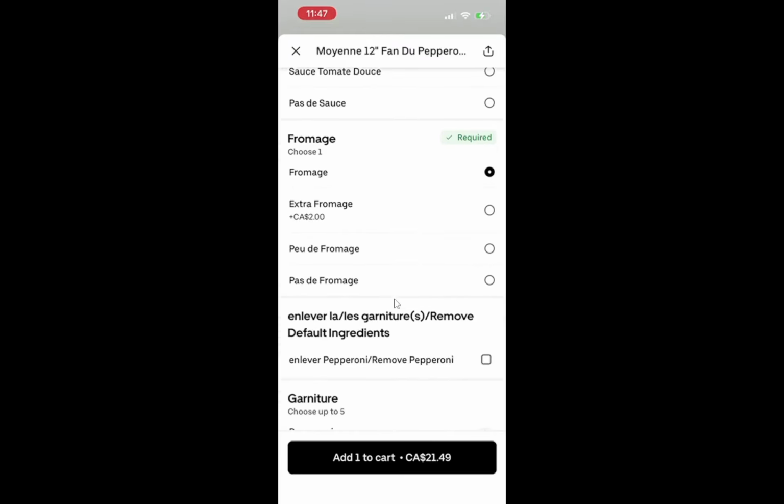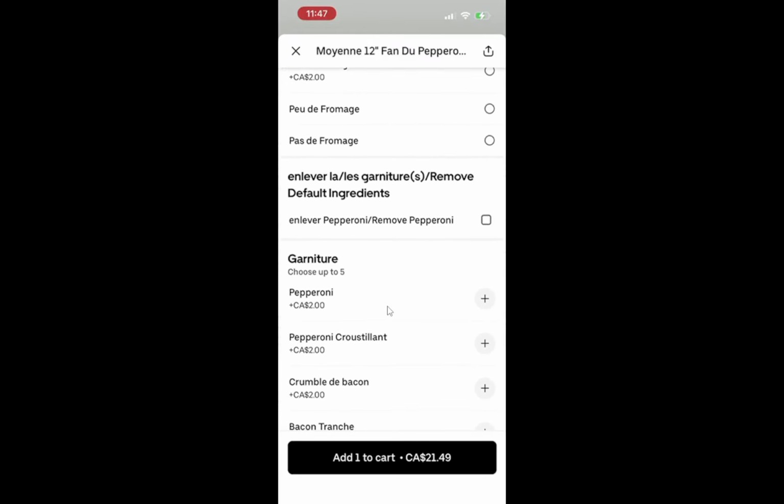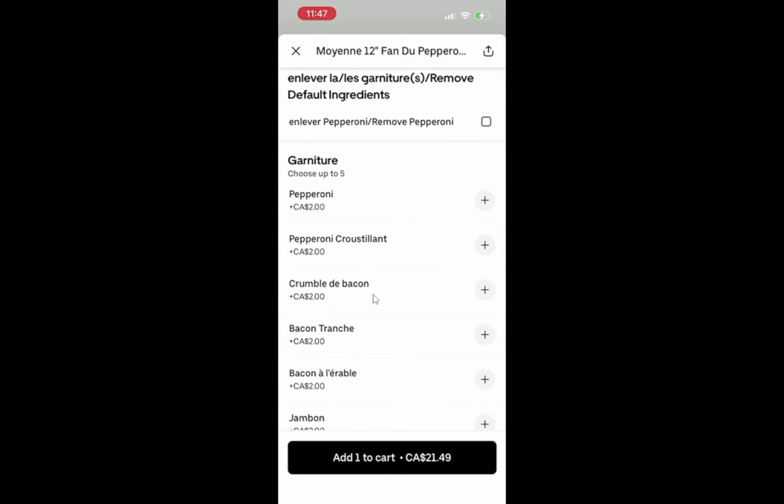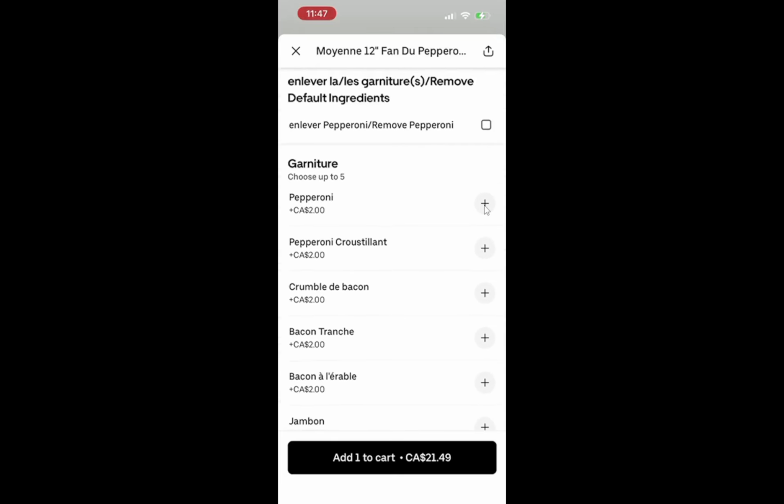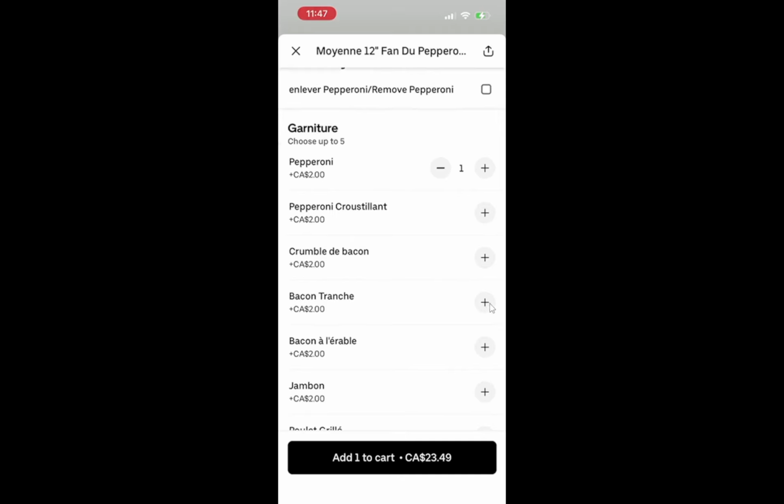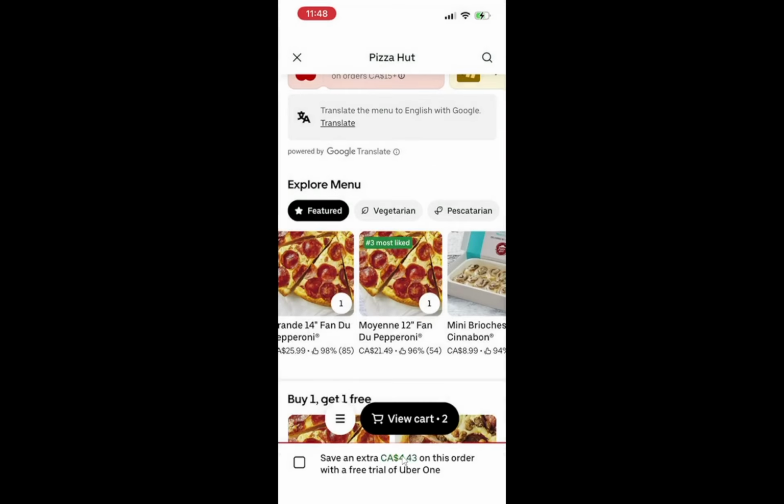Many pizza places let you pick from sizes like small, medium, or large, and crust styles like thin or stuffed. You may also see checkboxes for extra cheese or instructions like light sauce, which the restaurant sees directly on their order screen. Then tap Add to Cart. After you tap it, you should see a brief confirmation, and your cart icon usually shows a number 1 or increases by 1 to reflect the added pizza.